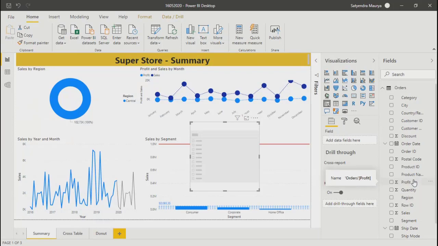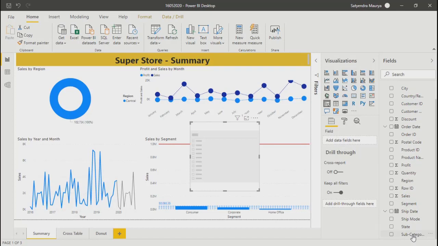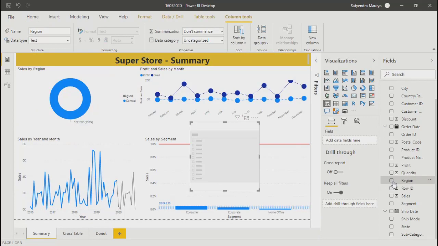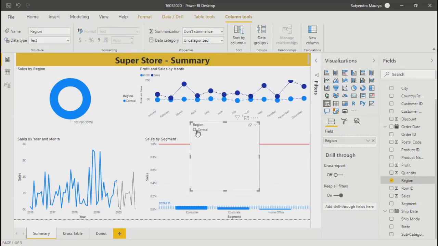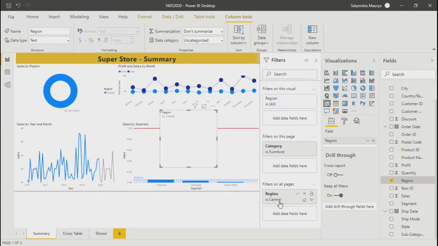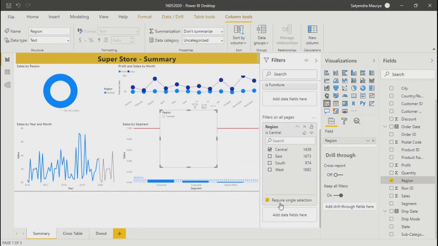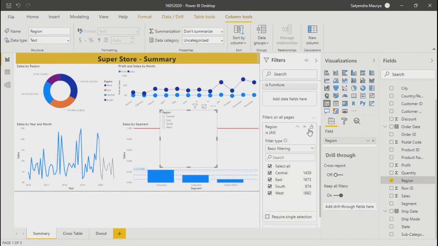We have taken segment, subcategory, region. Let's add region only once again. It shows the central region right now, the reason being in the filter I have selected central region. I'll mark it all and we'll go from there.